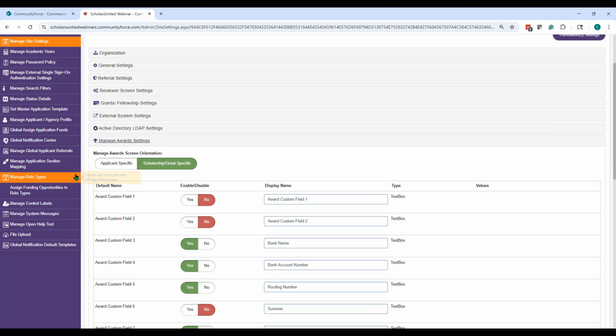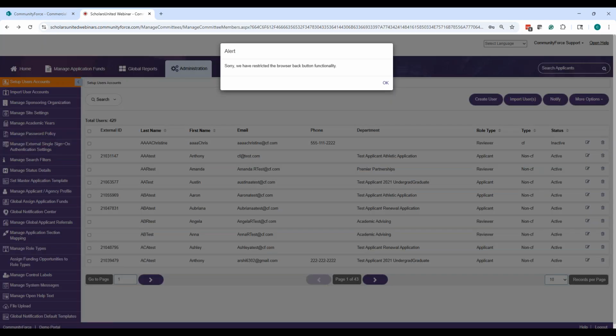Thank you so much, Christine. Then, I cannot, none of the applicants are matching to my scholarships. What do I do? Well, for starters, what you need to do is refresh your reporting database.